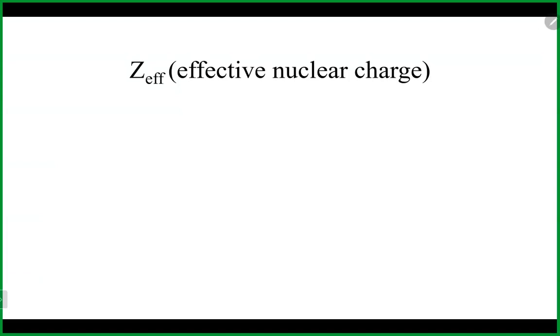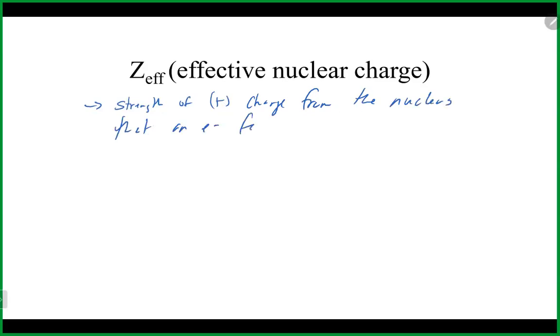So Z effective, which is effective nuclear charge, is the strength of the positive charge from the nucleus that an electron feels. So for example, if we look at lithium, which is 1s2, 2s1, lithium basically has a +3 nuclear charge,